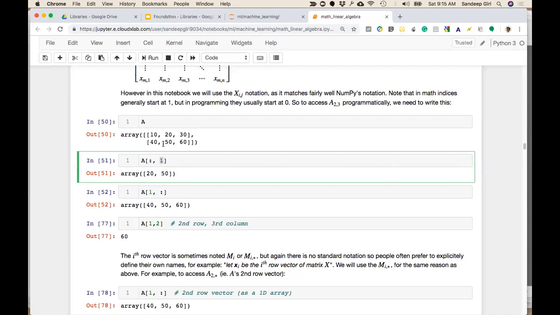Right? First column is this one. This is zeroth column. This is first column. This is second column, right? So we are saying that give me the column one,